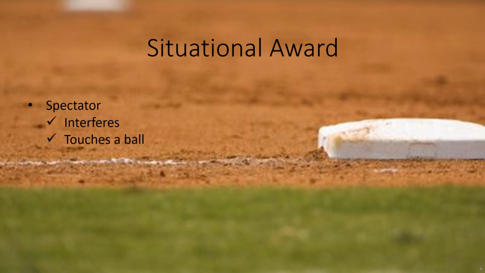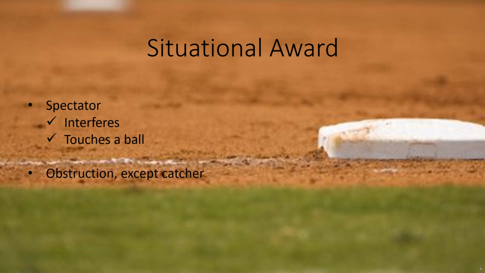Situational awards happen on a couple of different circumstances: spectator interference or the spectator touches the ball. The difference between the two could be there's a fly ball and a spectator reaches out and inhibits a player from catching it. That would be spectator interference. A different kind of situation could be a touched ball where a spectator may not have been properly put back behind the out of play line and have their feet in play and the ball touches them even though they didn't interfere with it. In those situations, the umpire would award the bases they believe the player would have gotten had the interference or the touch not occurred.